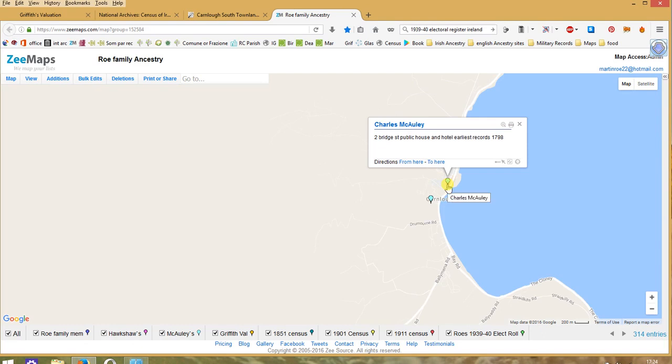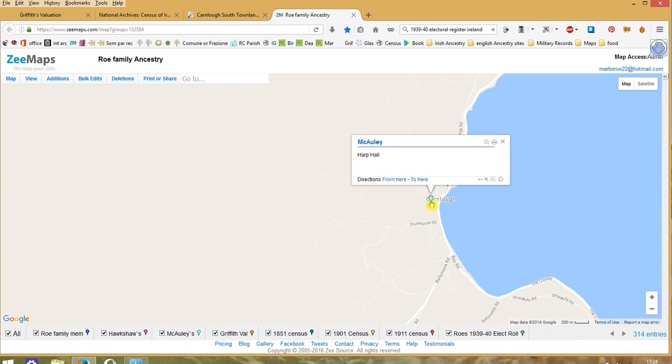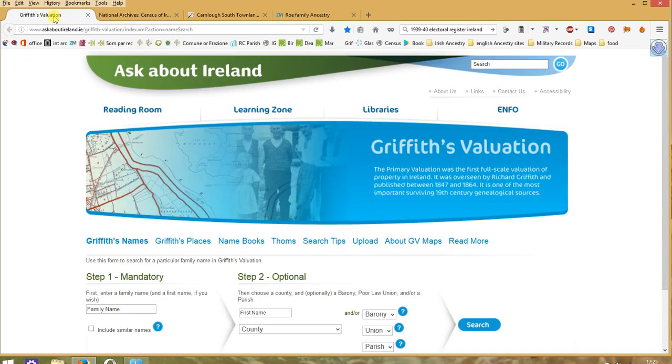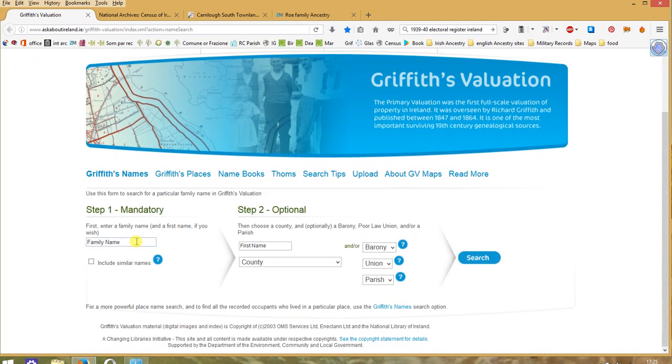Charles Macaulay is in the family from the mid 1800s that I know of and can confirm, all the way through to the 20th century. And this also is Charles Macaulay. It was a property that owned Harp Hall just on the outskirts of Carnlough. Anyway, going back to the first one, then we go in there, we'll type in the Macaulays,